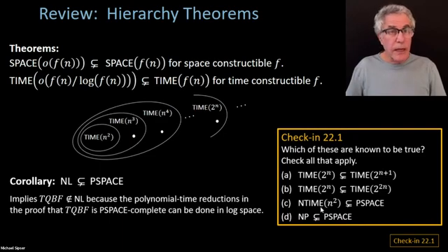C is a little trickier because you need to remember Savage's theorem. Now, Savage's theorem applies to space, but you also need to remember that what you can do in non-deterministic time n squared, you can also do in non-deterministic space n squared, which then in turn you can do in deterministic space n to the 4th, which is properly contained within space n to the 5th. So you can prove that PSPACE properly contains non-deterministic time n squared. Okay, it's just a bunch of containments there. A and C are perhaps, in a sense, the most tricky of this group. Okay,